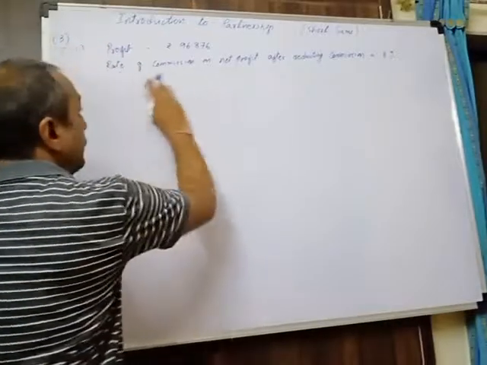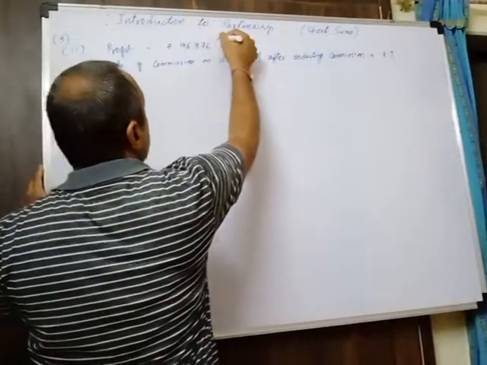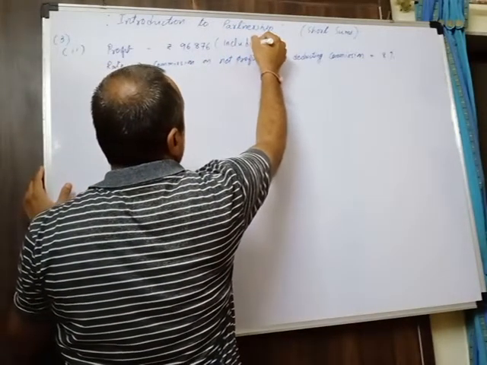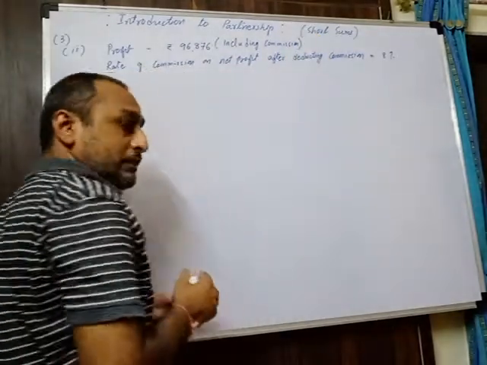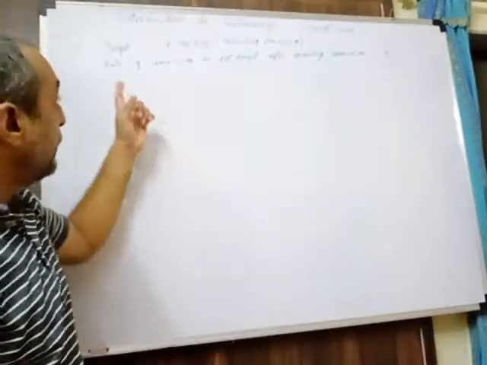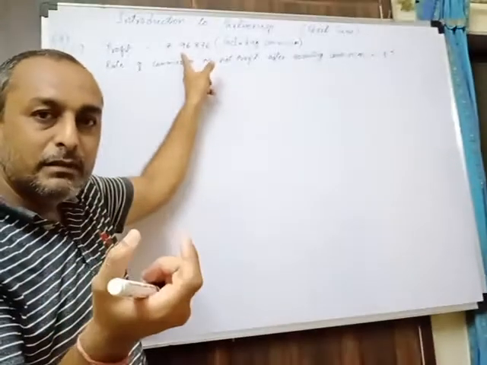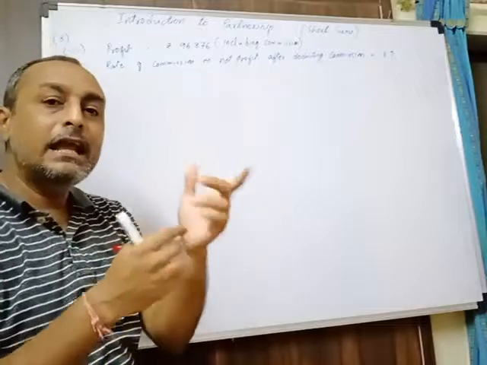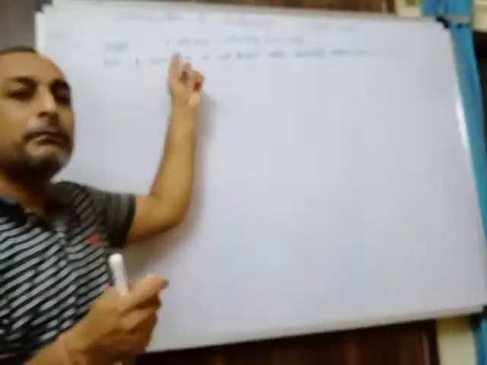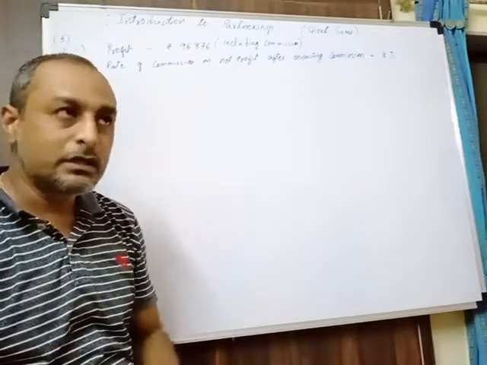First we have to find out the commission. This profit is including commission; the commission is not yet deducted from it. So the first thing is to calculate the commission. Then that commission will be deducted from this so that we get the divisible profit. From that divisible profit, we find the share of Amruta, and then we add both values, the commission of Amruta plus her share in profit, to find the total amount receivable by partner Amruta.